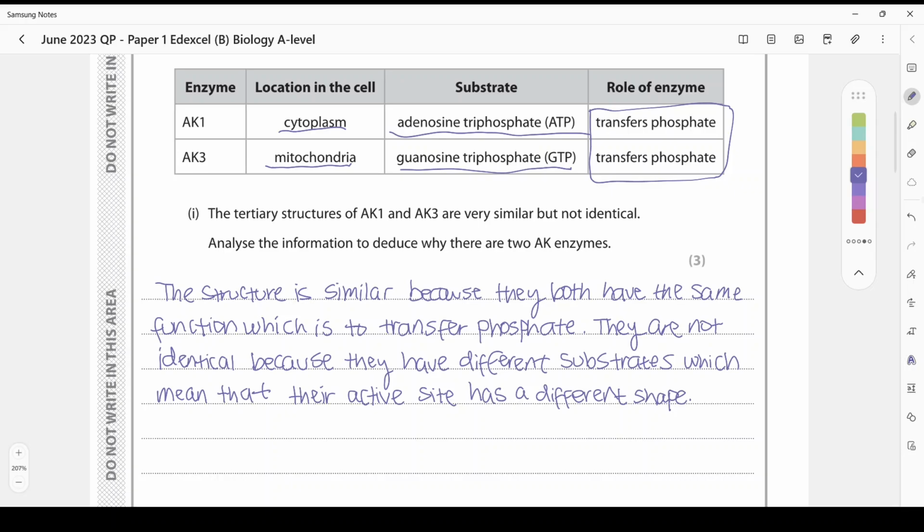So this will actually give you 3 marks, but you can also elaborate on the location or where